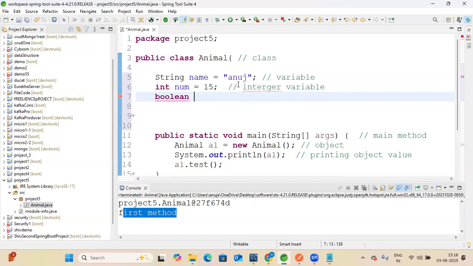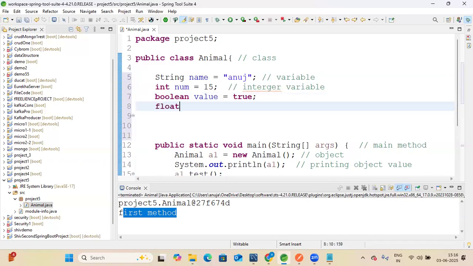Similarly, we have Boolean, B-O-O-L-E-A-N. Boolean is a value. This is the name of the Boolean, and you can give true or false. This is the value. So we have seen how to create a string variable, int variable, Boolean, or float. Float is like a float number equal to